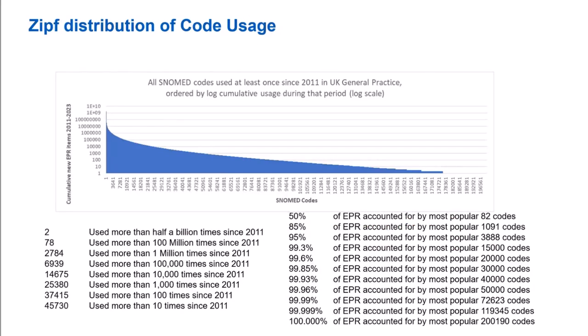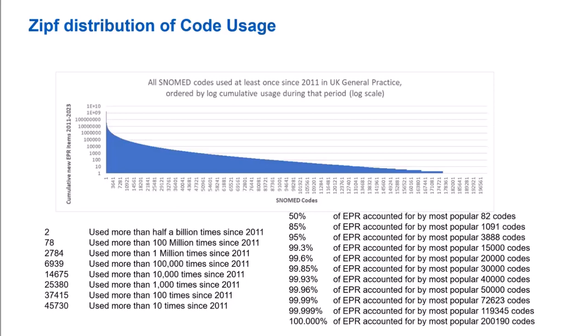By way of giving you the steepness of the Zipf curve, there's about 2 codes that have been used more than 500 million times in total in the last 12 years. 78 used more than 100 million times. At the bottom, 45,000 used more than 10 times, but less than 100 times. I think each of those are bands rather than total width. So 50% of the entire GP data is accounted for by just 82 codes, 85% by just over 1,000 codes,